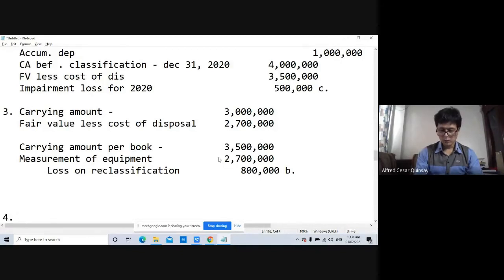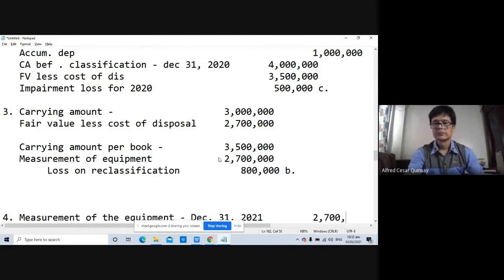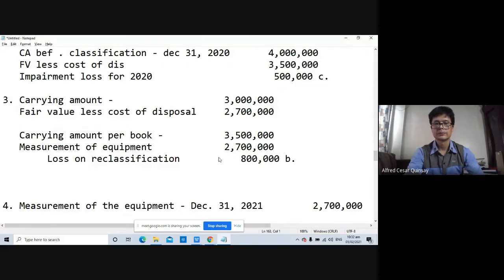Number four, what is the adjusted carrying amount of the equipment? So, yung adjusted carrying amount niya, no? So, gagamitin natin yung measurement of the equipment. Okay, so on December 31, 2021. Yan. So magkano yun? That is 2.7 million. Nasa taas, no? Okay, and then yung depreciation niya,